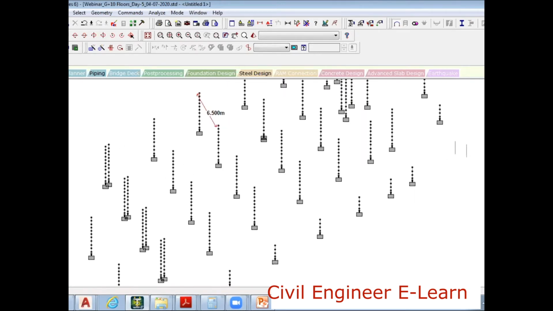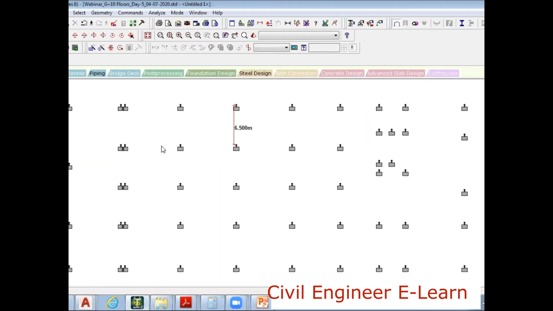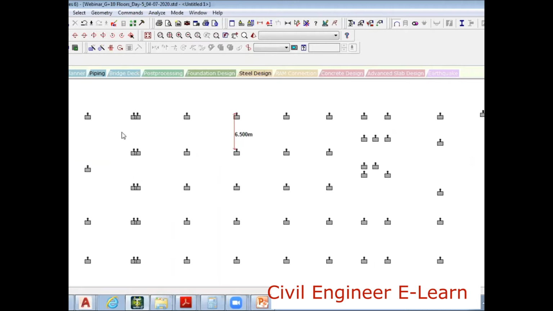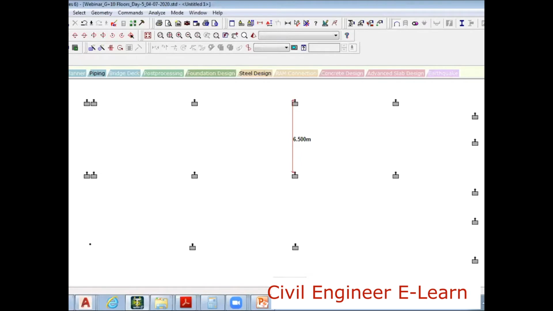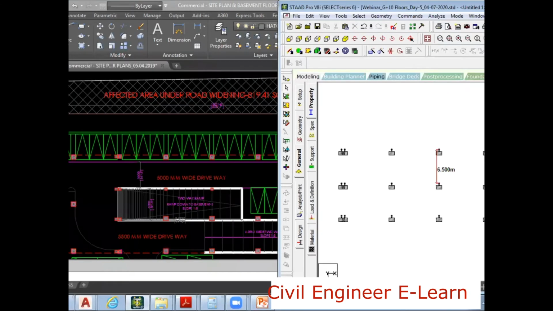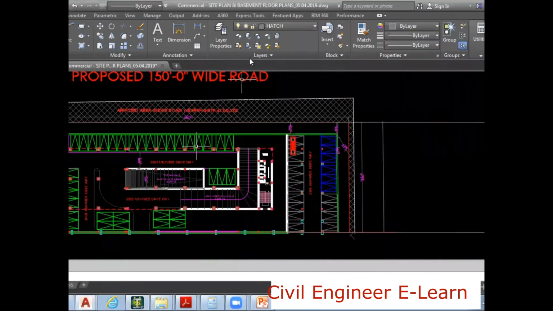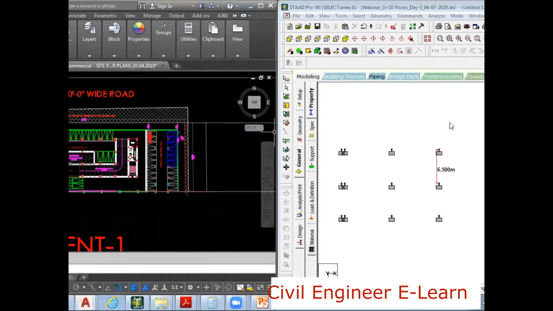Now I'll go to this plan view. I'll select only this zone, this area. Alt to VV. Right, let me keep it on the right side, and I can keep this drawing on the left side.